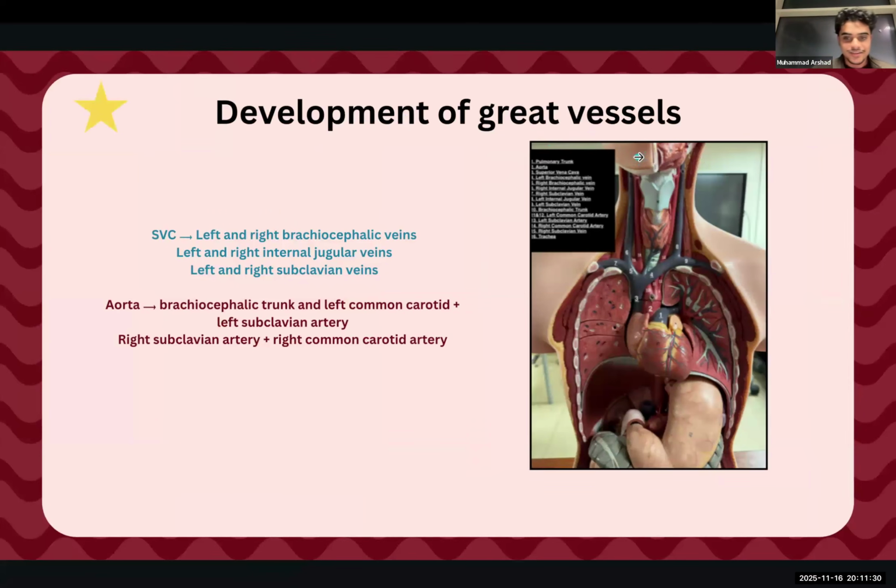Okay, this is very, very high yield. He'll definitely bring something, at least, if it's not coming in the SAQ, if it's not coming in the OSPE, it's definitely coming in the MCQ, right? You need to know the development of the great vessels. So what I mean by that,